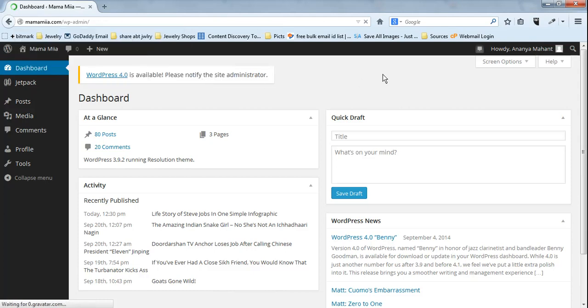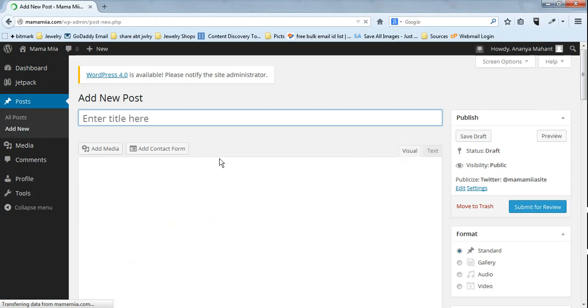So once you are here on this page, you see there are various things around. This dashboard screen here you can pretty much ignore. This is not of much use to you right now. What is of interest to you right now is this left hand side here. There is a link for posts on the left hand side, and within that there is something called add new. Once you bring your mouse over posts, these two open up, and then you click on add new. Once you click on add new, this is what you see.